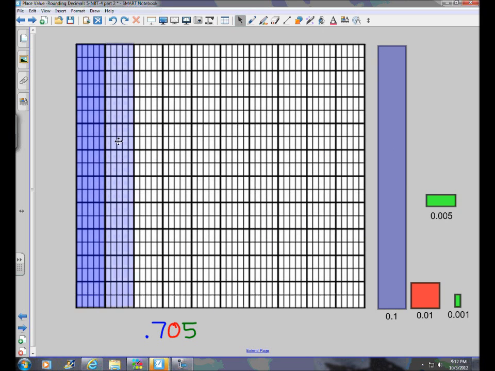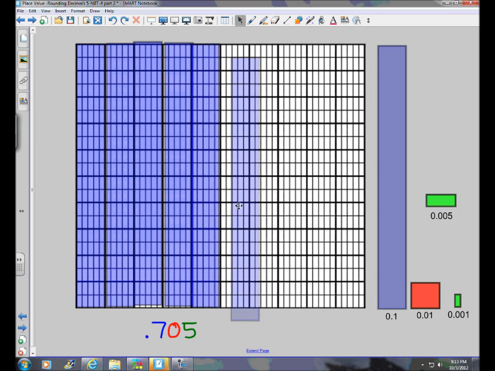All right, so there's, or you could look at it as 100 thousandths. So there's 400 thousandths or 4/10, 500 thousandths or 5/10, 600 thousandths, 700 thousandths, and then we have 5 leftover thousandths. Okay, now you take a look at this, and since we're rounding to the nearest tenth,